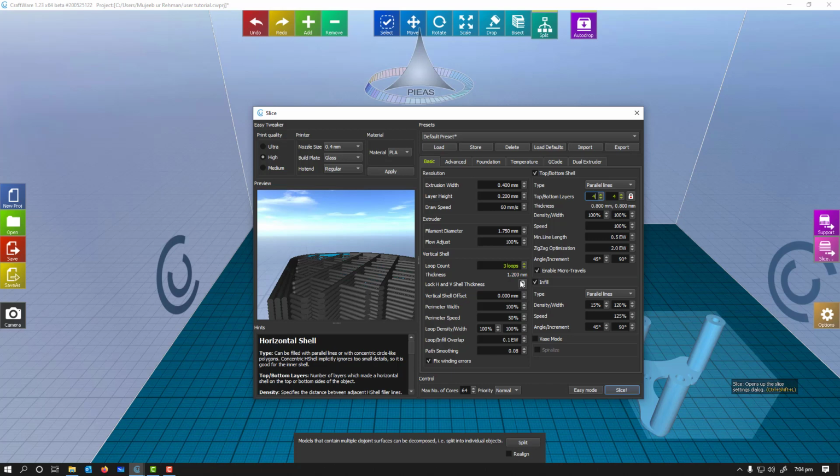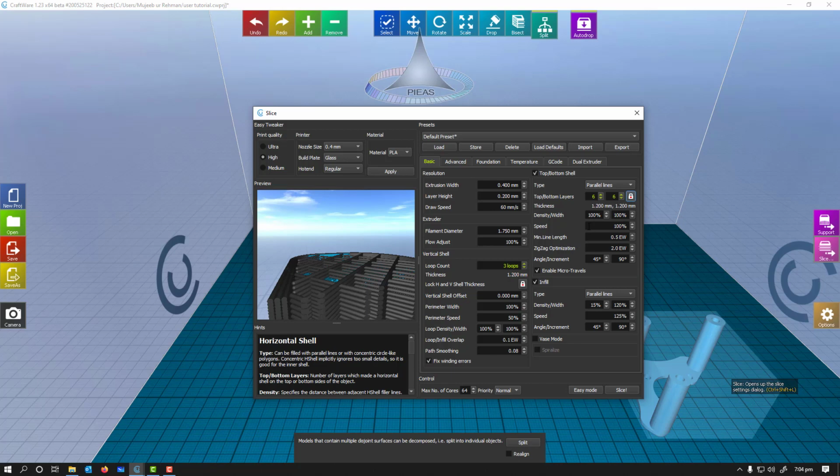You can again go for locking and it will just set up as per layer height and extrusion width and the number of layers you are given in the loop count. Similarly, you can go for here, it will change to 4. So they are interconnected, and these two values, top and bottom layers, are interconnected by this lock. You can unlock this and change the top and bottom layer separately, but I'm not gonna change them and I'm gonna keep them locked.